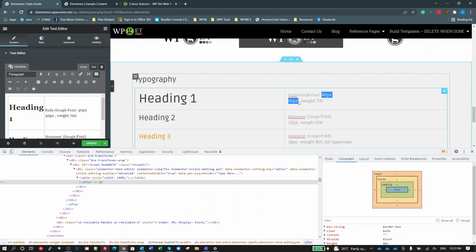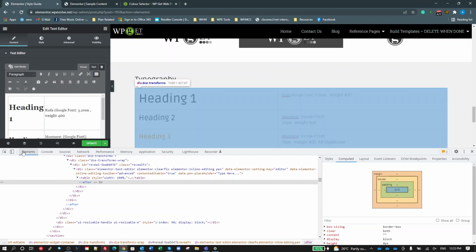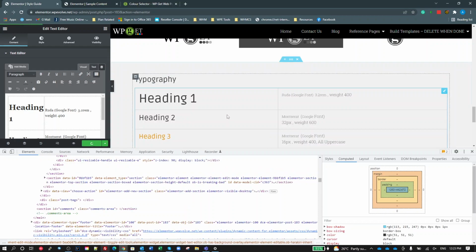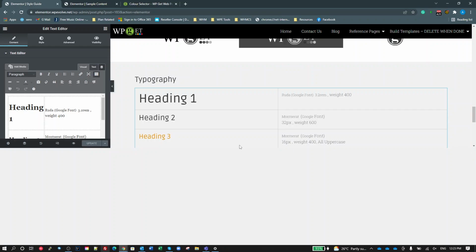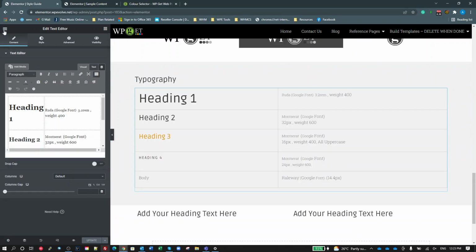Make that 3.2 REM and the font weight is 400. And there's my heading 1 definition done. So I do that for each of these. These aren't correct at the moment because this was based on a different font when I was playing with it. And now if I look at my style guide,